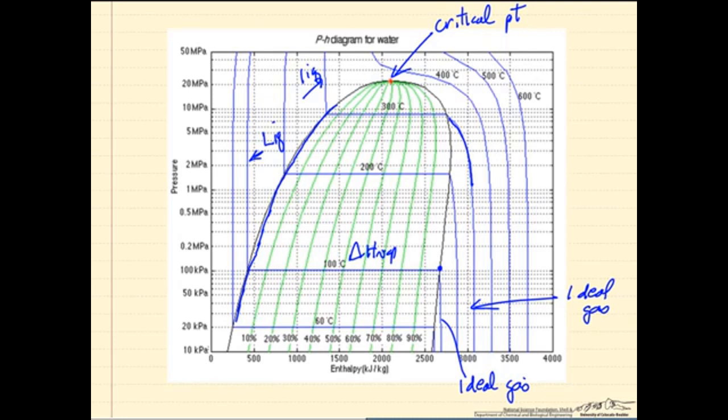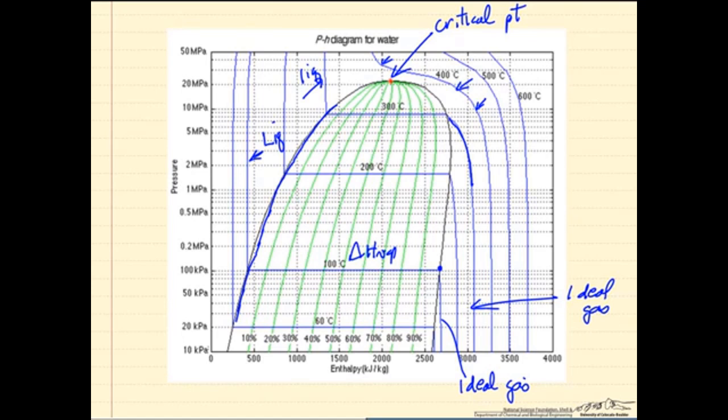If we look now at an isotherm that's in the supercritical region, namely above the critical point, so let's look at the 400 degrees C isotherm. Low pressure, ideal gas. But notice now, there's no phase change, but enthalpy, certainly at 400 degrees C, shows a rather large change in enthalpy with a change in pressure as we go, for example, from 10 megapascals up to maybe 35 megapascals, a very large change in the enthalpy for this supercritical fluid. So enthalpy certainly depends on pressure in addition to depending on temperature.